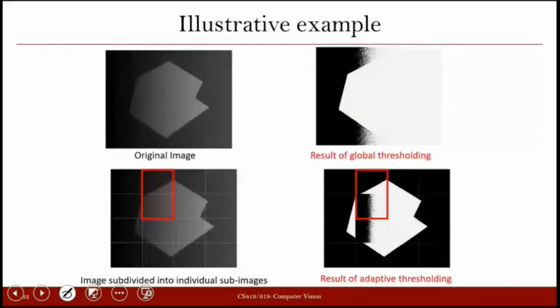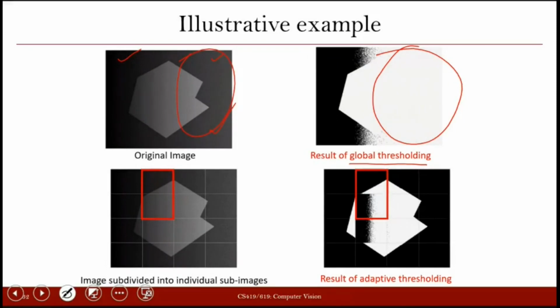So we'll understand first the use of partitioning in this example, and then we'll see how to compute the threshold. Here we see that this is the image given. You see that in this image, the illumination is not uniform. In this side, it is a dark region, and this side is a little brighter region. So when you are using a uniform, I mean a global threshold, you find that this is not segmented properly. Like in this particular region here, this particular part of the object is not properly segmented.